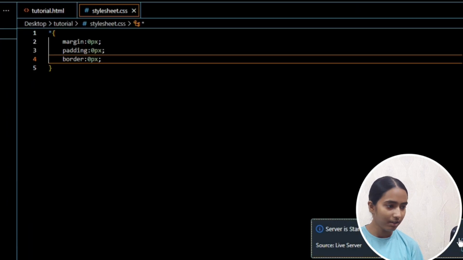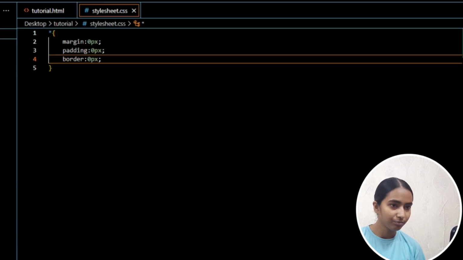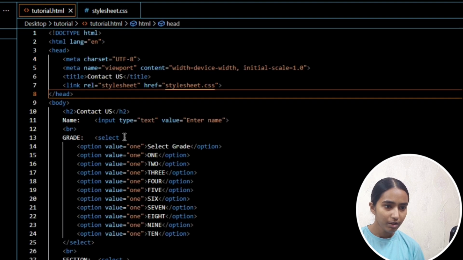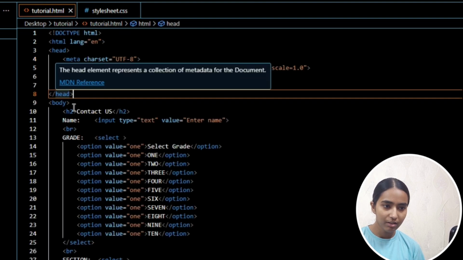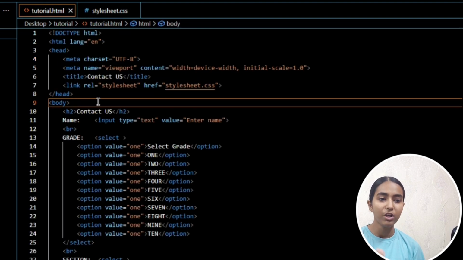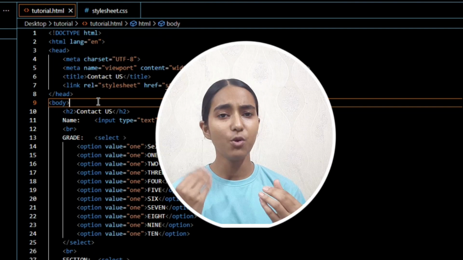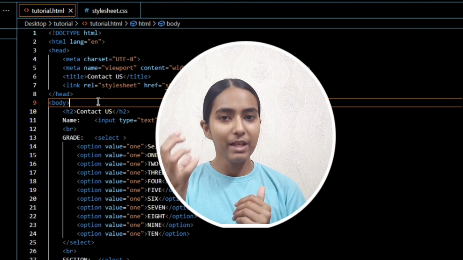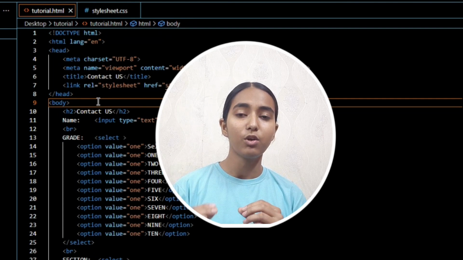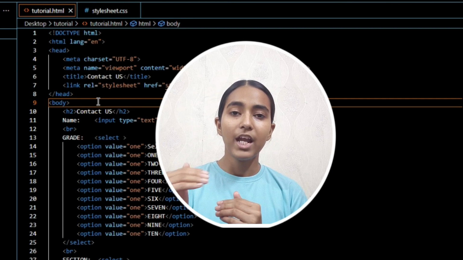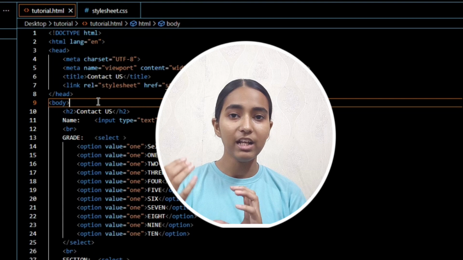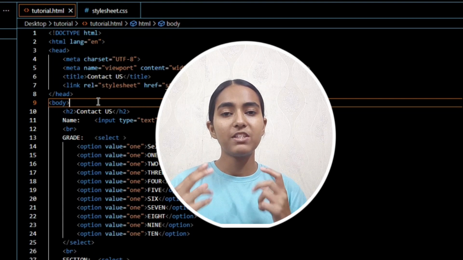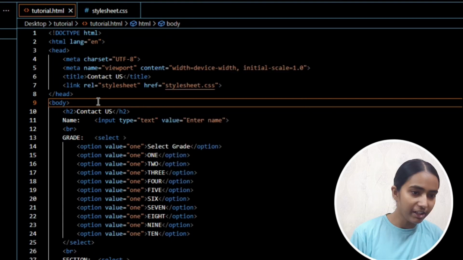Let's get back. Now let's understand further. We have our body. Let's create a div. Do you know what a div actually is? A div is not an element. It is not a heading or anything. It is just, you can say, a parenthesis to enclose a particular code. When we write a div, it has no physical significance, but it groups together the code which is written in it. So I'm going to create a div over here.